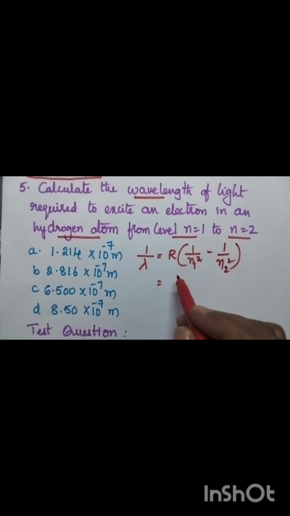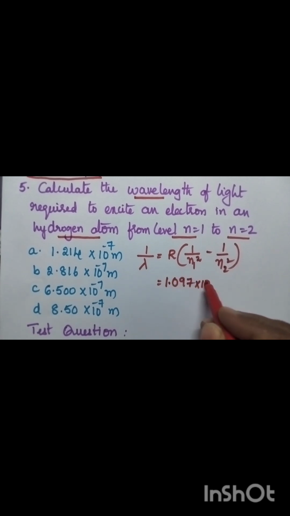Here R is Rydberg's constant and its value is 1.097 into 10 power 7 per meter, and here the first orbit is the ground state and we have to use n1 equal to 1 and n2 the final level is